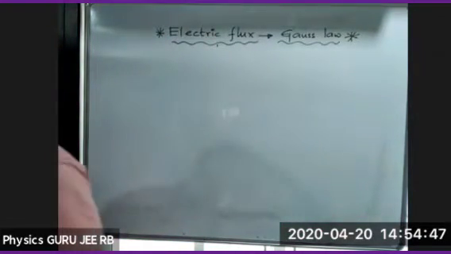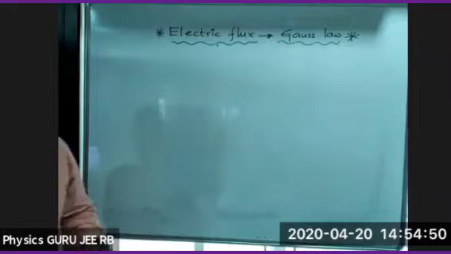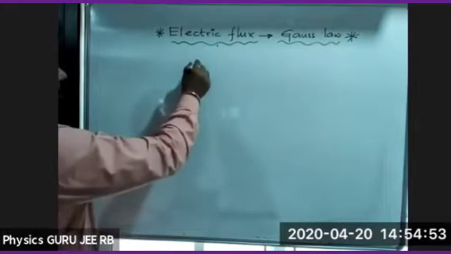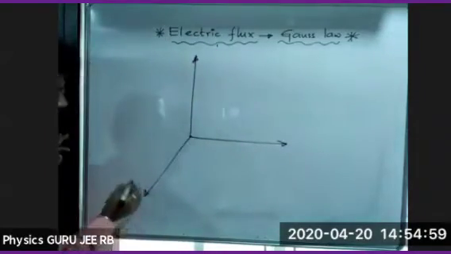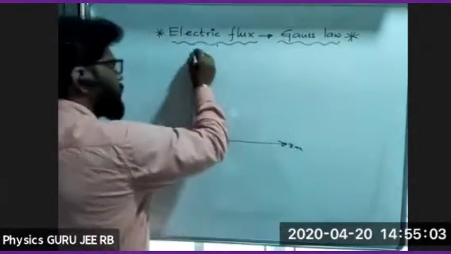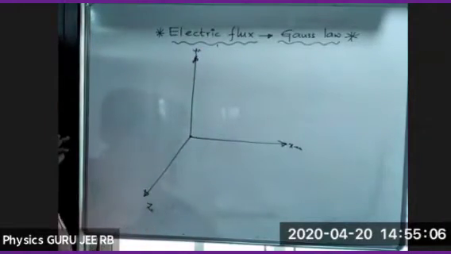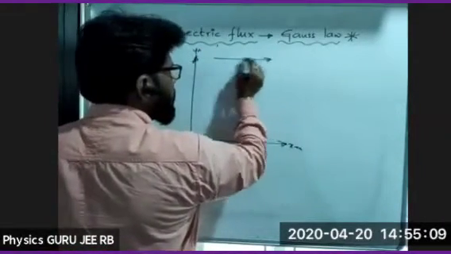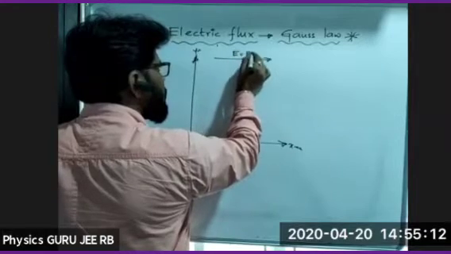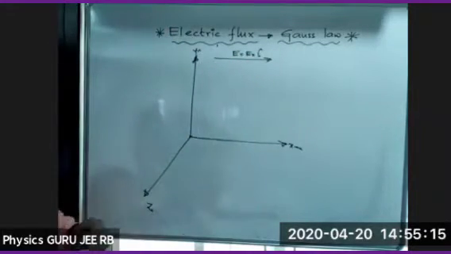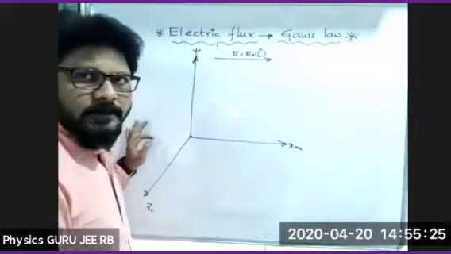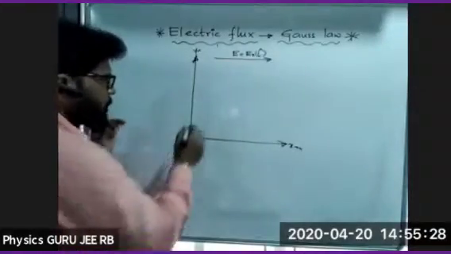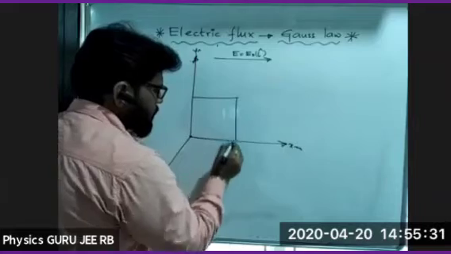So let us take a problem. Here I'm taking the x-axis, y-axis, and the z-axis. The electric field intensity is given as E equals E naught i cap. This is the direction of the electric field intensity. Electric field intensity is in which direction? It is along the i direction. E is equal to E naught i cap is given here. Now in 3-dimensional space, we'll be placing a body. How to place a 3-dimensional body? Let us take it like this.